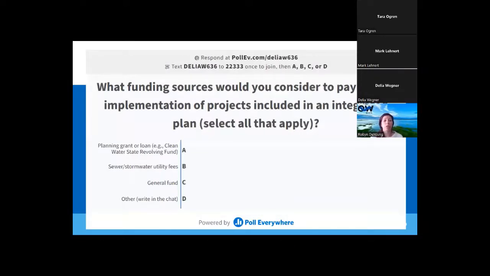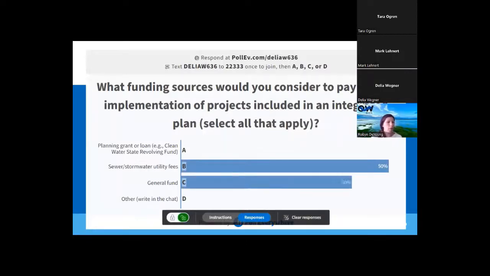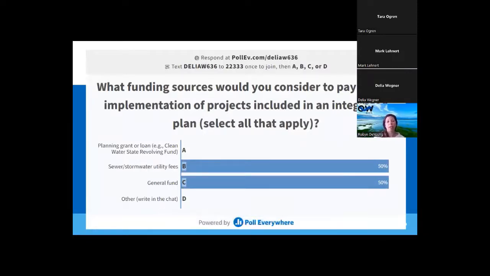And lastly, what funding sources would you consider for the implementation? So get those juices flowing in your brain. For implementation, what are those sources that you think you would look at? Would they be the same? Would they be different? Okay, so for implementation, general fund was selected. Excellent. Anyone else? Now that we all have the polling down,